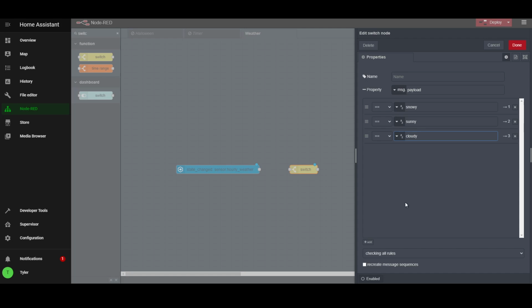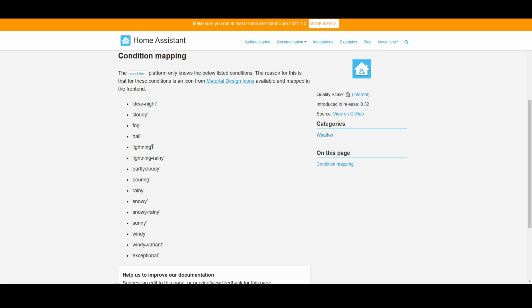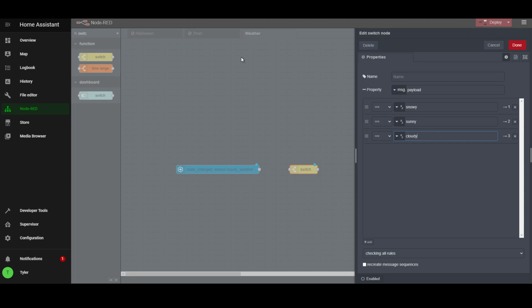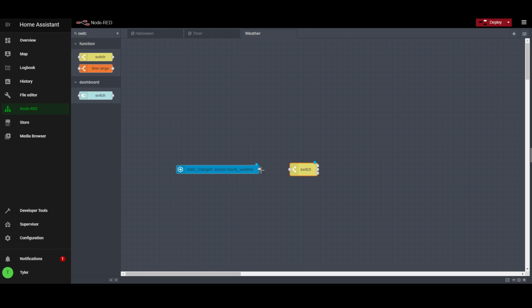By the way, in the weather list, you can see there are these little apostrophes. Do not include them. You do not need to include them. You also still need to include the little dashes if they have any. Anyways, now if I press done and I connect them,